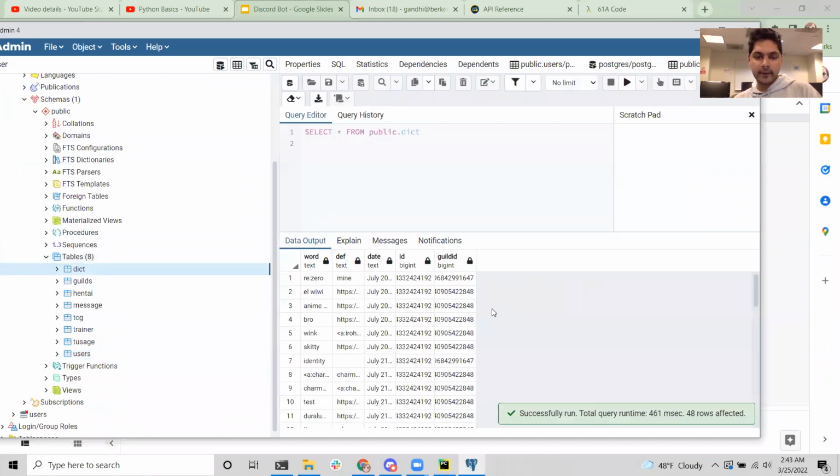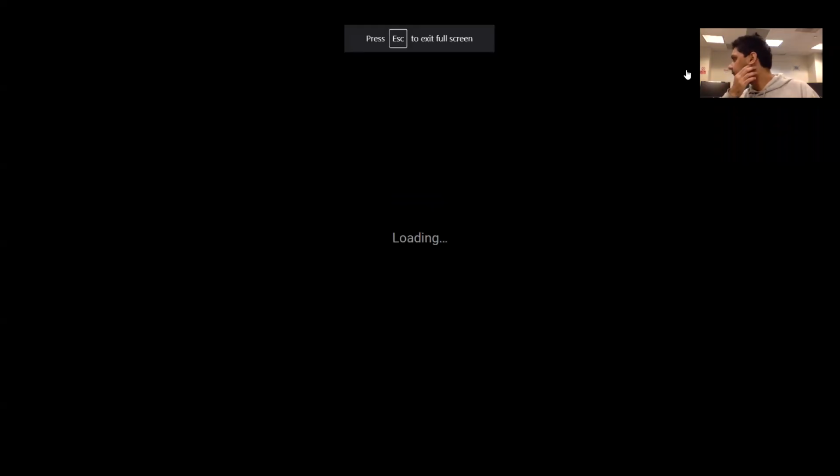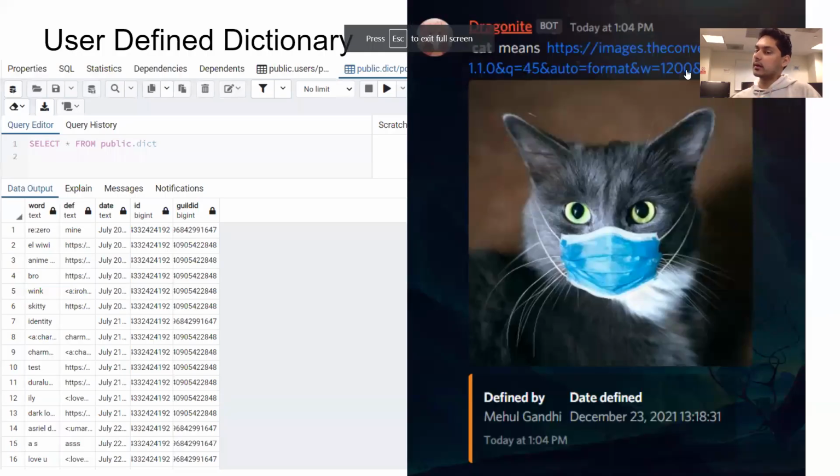I have a bunch of words and their definitions, the ID of the person that owned the word, and the guild ID where the word was defined. So every guild has a custom user defined dictionary, and every person can define a word.